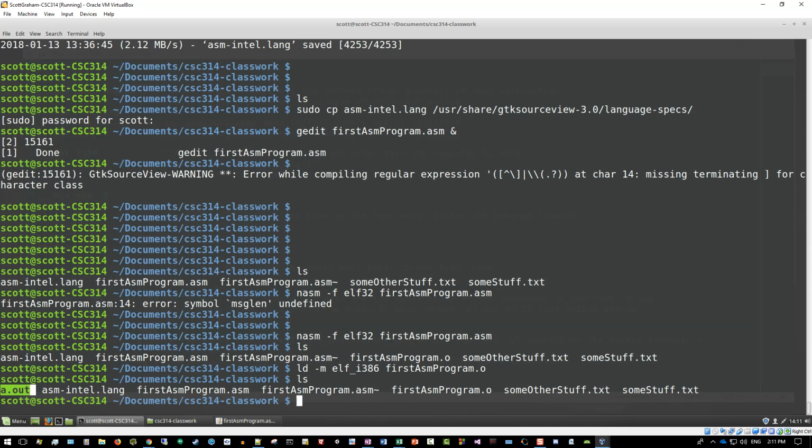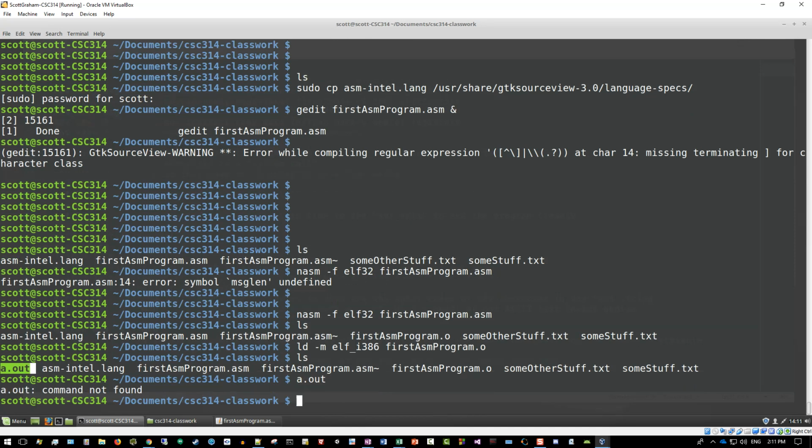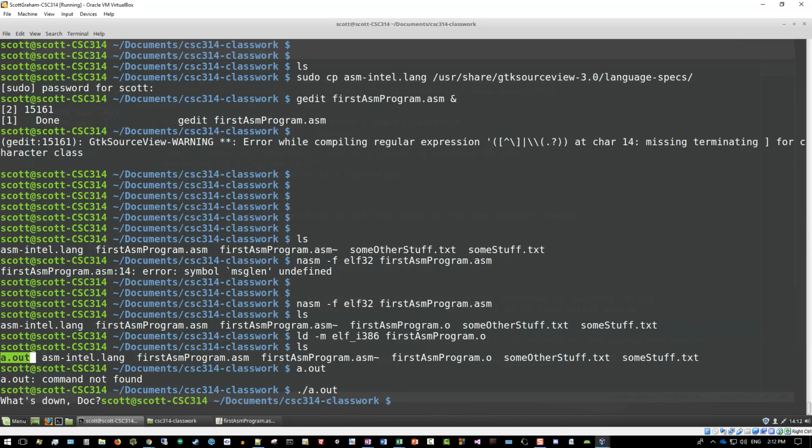Incidentally, you can't just say a.out directly here because we have not set up our Linux system to look in the current working folder for command names. So we actually have to give a path to the command name, and you can use dot, meaning the current folder, and then /a.out. And since it's a specific path to a specific file, it doesn't have to search anywhere for a command of that name, and only look in the places where it's willing to search. So this will run it just fine, and boom, that runs it,